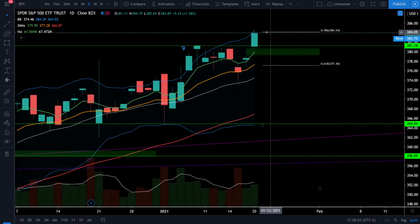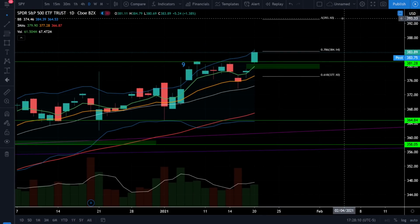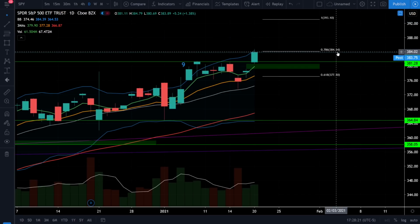So now that we're trading at brand new all-time highs, the question is, where is our price target going to be? If you've been following along, you should already know that the price target is still up here at $393, and as long as we have bullish price action and a bullish trend, we're likely heading towards SPY levels of $390. However, you can see I did add another Fibonacci extension level on here at the 0.786, which is typically